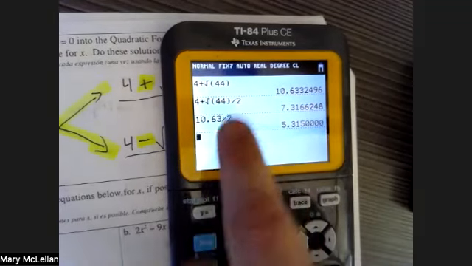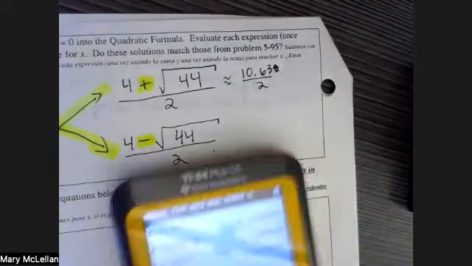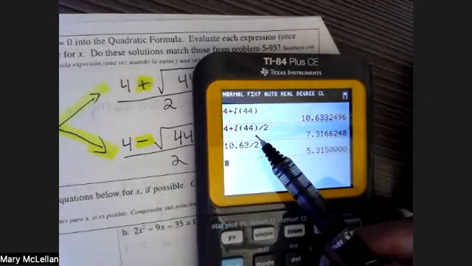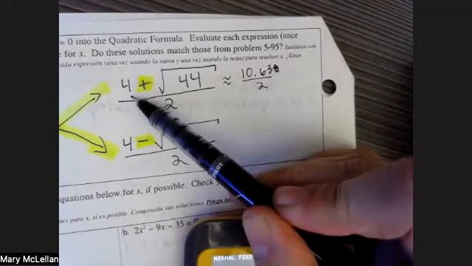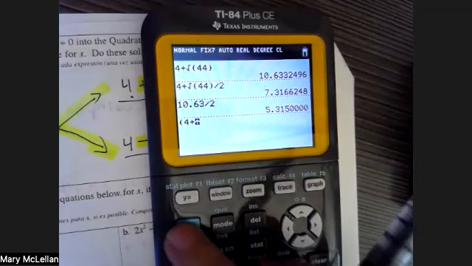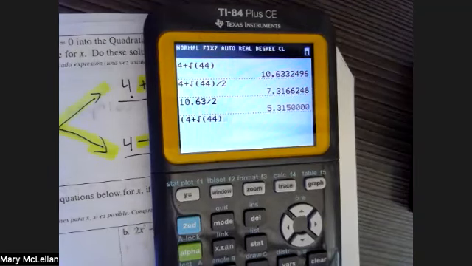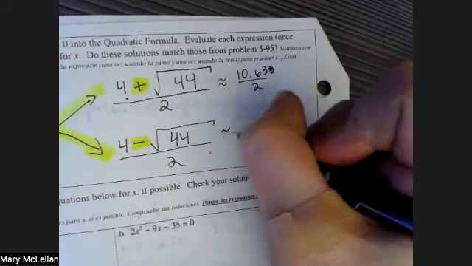That's because unless I do the whole top of my equation first, the calculator thinks that the only thing I'm dividing by 2 is the square root of 44. And I also want to make sure that I'm dividing 4 by 2 because 4 is also in the numerator of this fraction. Another option is to put 4 plus square root 44 all in one set of parentheses and then divide that by 2. You could also get 5.3. You just have to be careful. I prefer to do the numerator first and then divide by 2